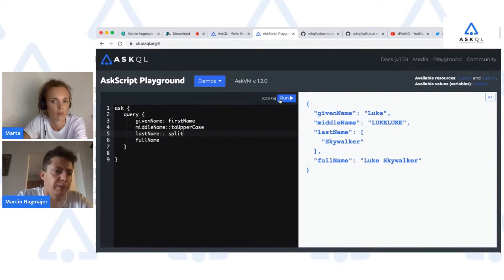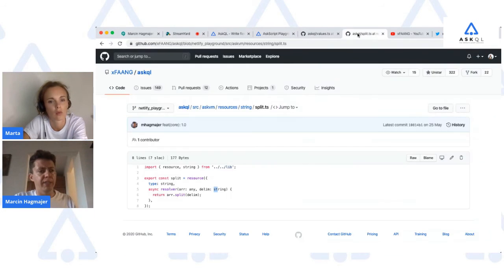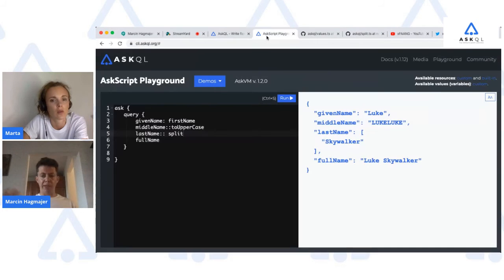Remember, it takes two arguments. So it already has the first one from the thing on the left side, but you still need to give it the other one, the delimiter. The delimiter is something like, if you had a long string with commas inside, you could split by those commas.